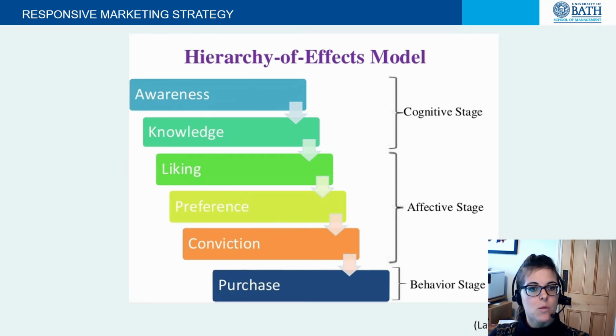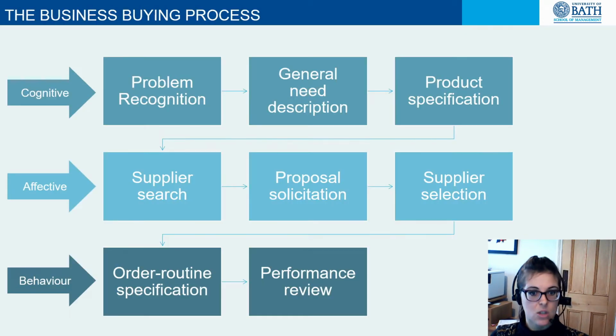Then, as you move through the process, there are the affective stages, and this is where you start doing that external research, you start developing preferences, and then you make that decision. There is of course the post-behavior stage as well, but we'll discuss that later. And as such, if you go back to the business buying process, you can roughly break it down into these areas. So you've got the cognitive stage, where